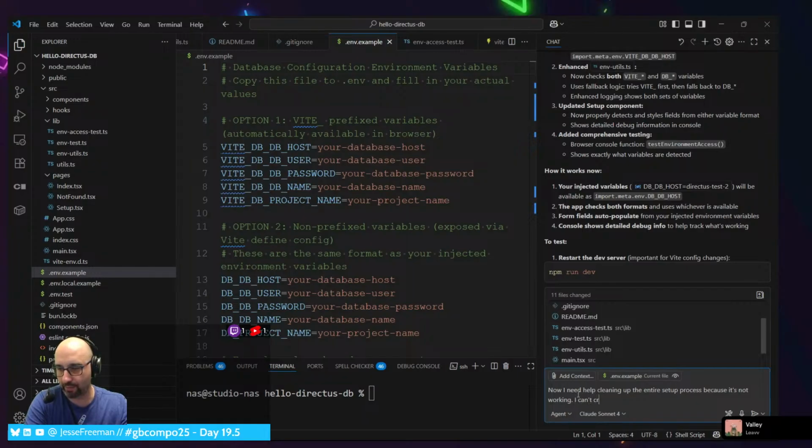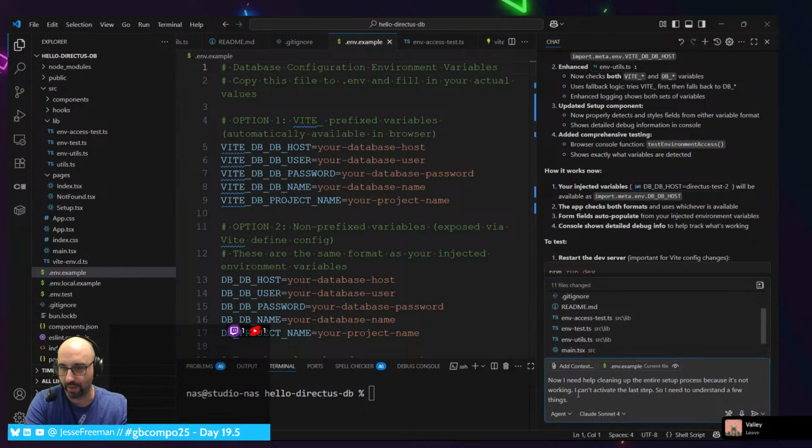I can't activate the last step. So I need to understand a few things. Can you do an audit to make sure the setup process works?